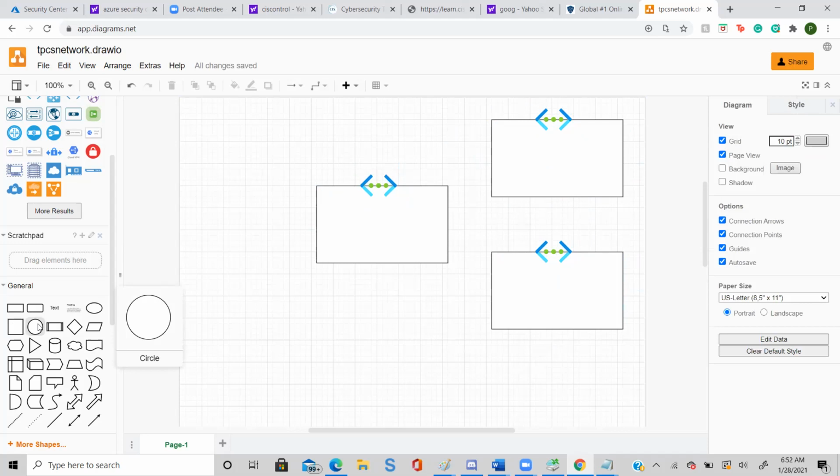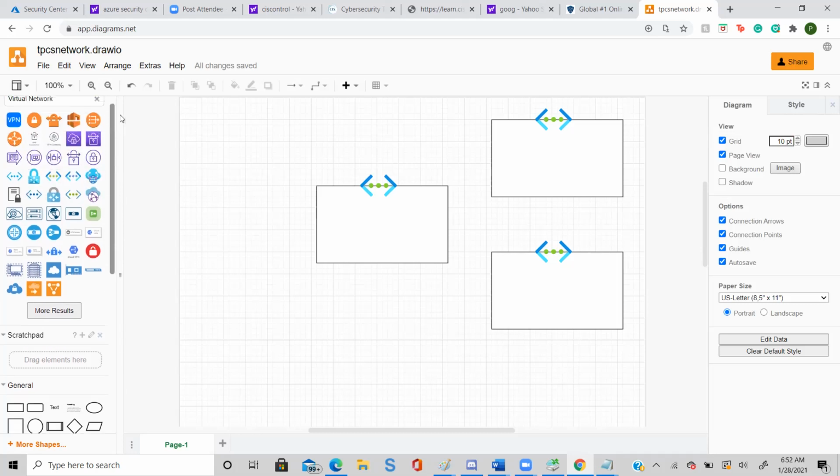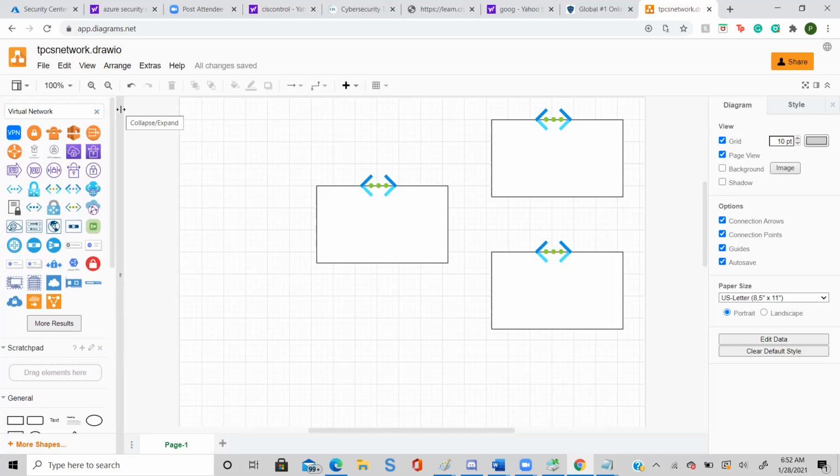Now in Germany, I have two subnets. So just go on the top in the search box, remove virtual network and type subnet.